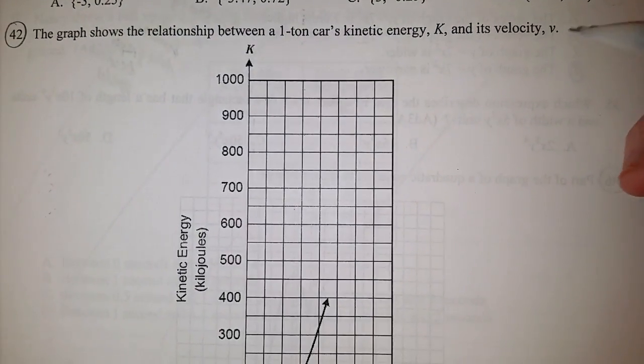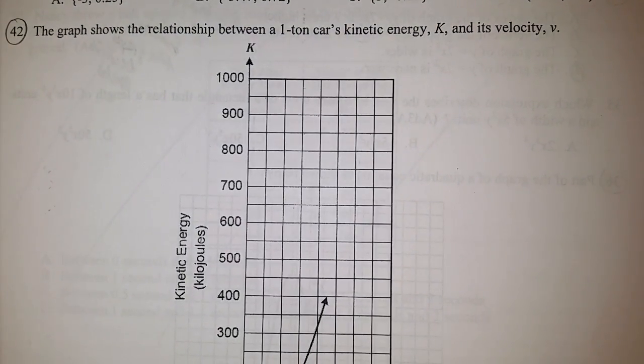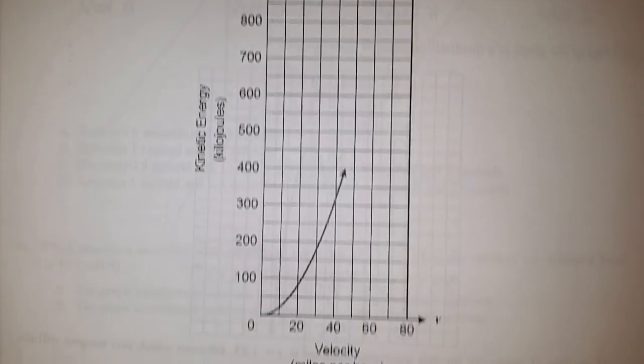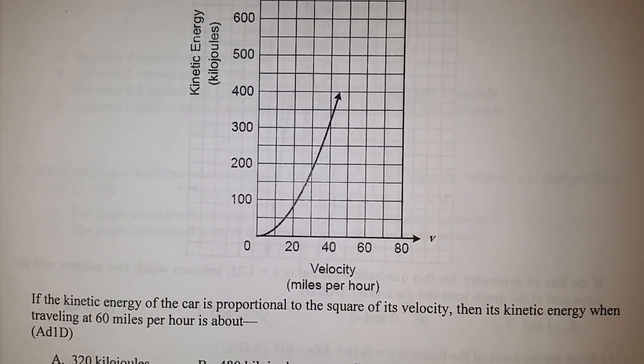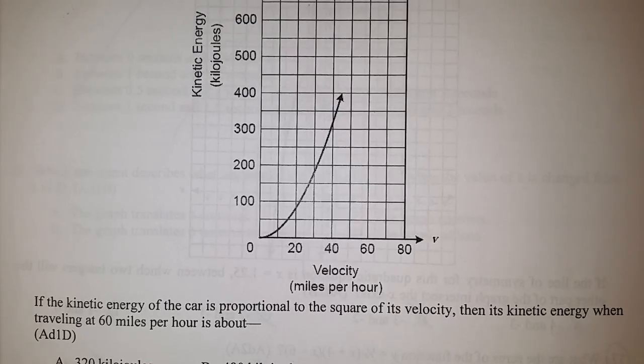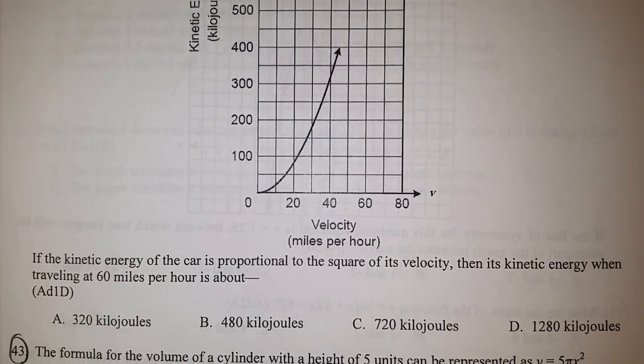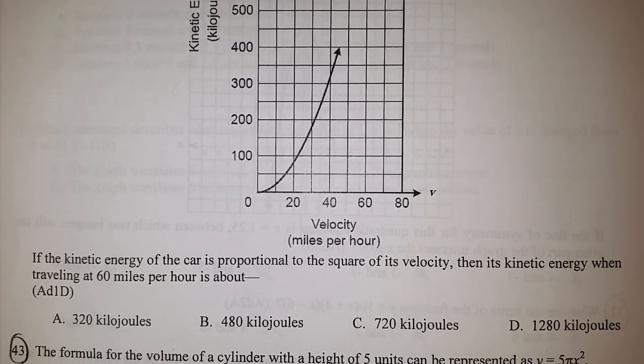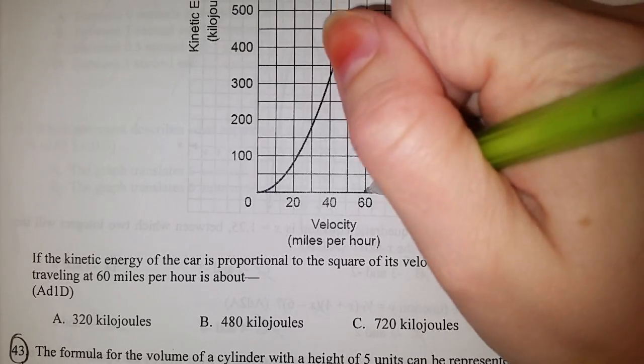Okay, let's take a look at number 42. The graph shows the relationship between a 1-ton car's kinetic energy K and its velocity V. It's asking you, if the kinetic energy of the car is proportional to the square of its velocity, then its kinetic energy when traveling at 60 miles per hour is about. So we need to find out how many kilojoules that corresponds to. So all that means is we need to go to 60 miles an hour,